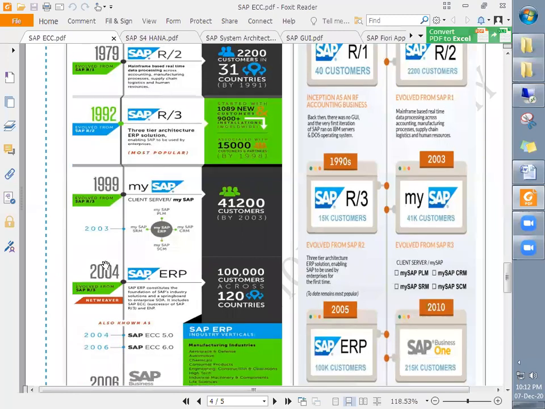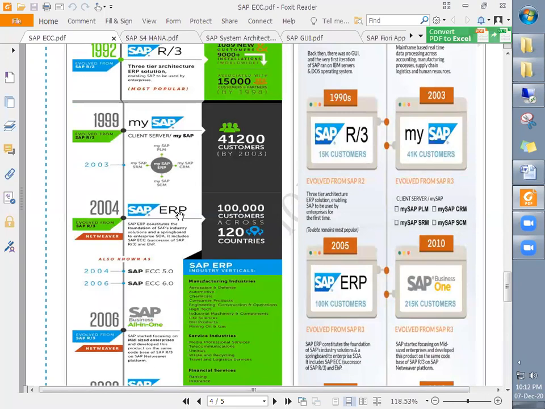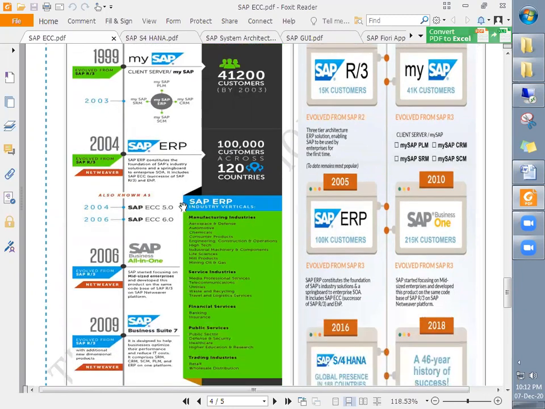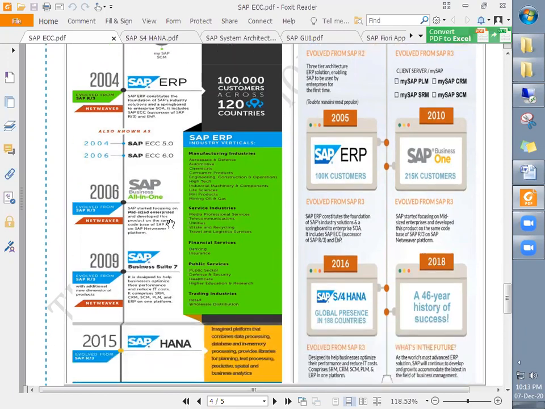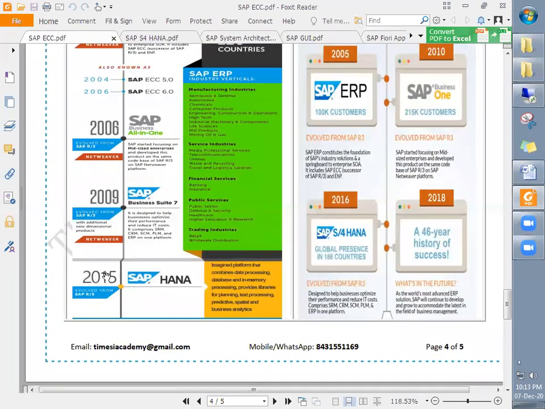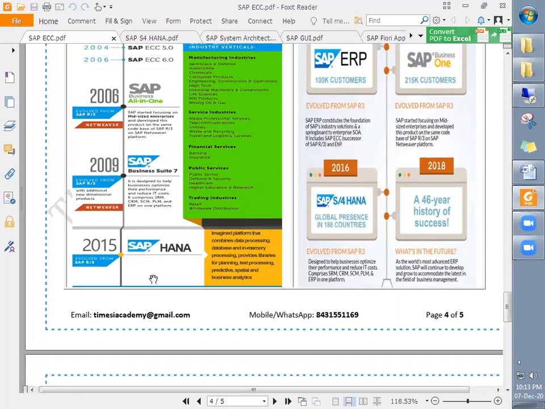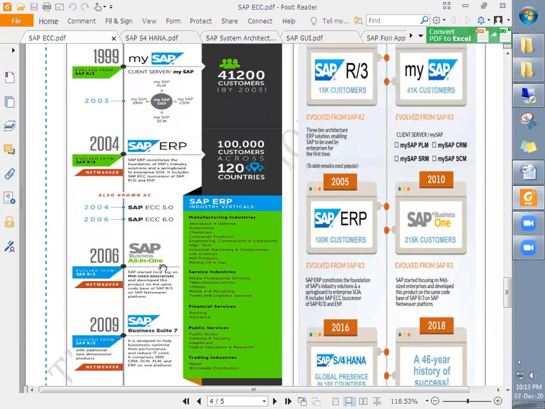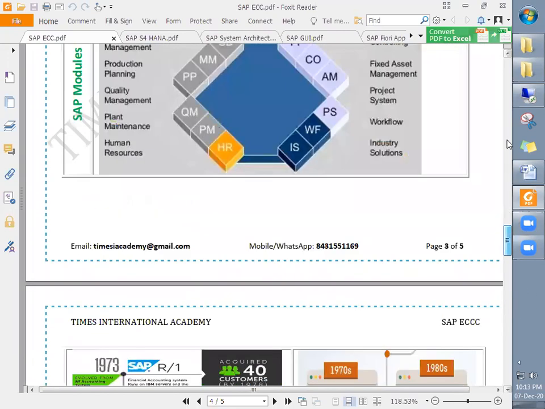Later, in 2004, they launched another business suite, SAP ERP, which stands for SAP Enterprise Resource Planning. In this one they have 2 versions, SAP ECC 5.0 and SAP ECC 6.0. Later, in 2015, they came up with a cloud solution with SAP HANA, and the latest version of HANA is 1909. Now let's try to understand all these in detail.